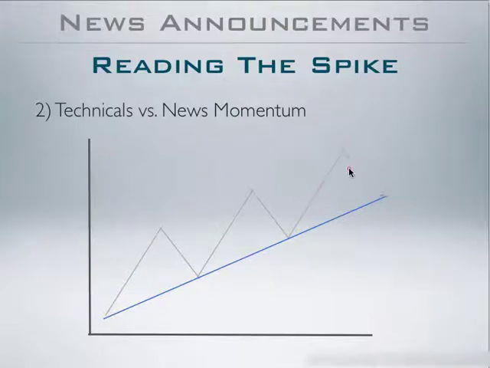So the news is out, and dear oh dear, the spike actually takes off against the technicals. Well, our worst nightmares have become true. People are running for the hills. What can we do in this type of scenario? Well, as I was mentioning before, not everything is lost, because when we confront the technicals and the spike, we'll be able to determine how valid the technicals were to begin with.